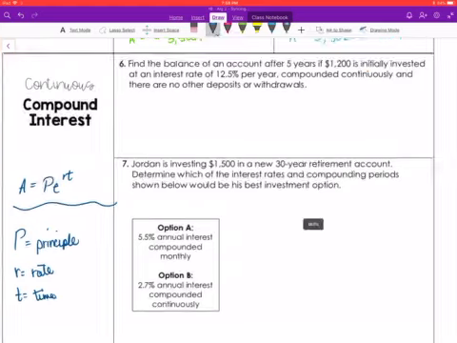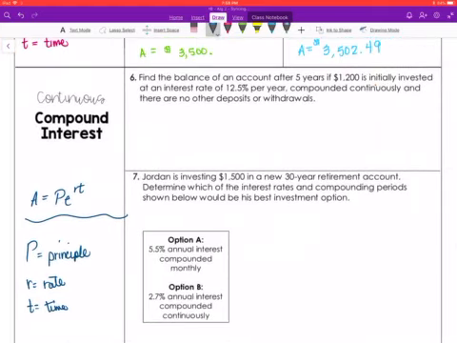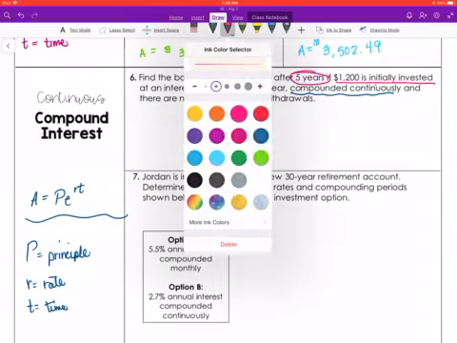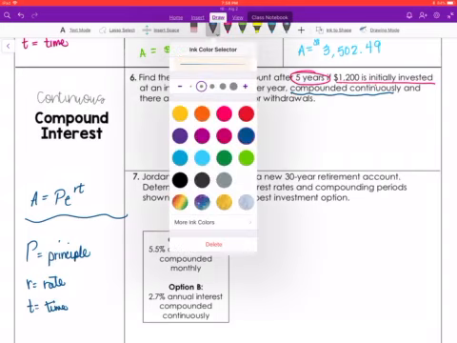So number 6, it says find the balance of an account after 5 years if $1,200 is invested at an interest rate of 12.5% per year, compounded continuously, and there are no other deposits or withdrawals. So my amount of time is 5 years, and my initial investment is $1,200. So when I plug this into the formula,